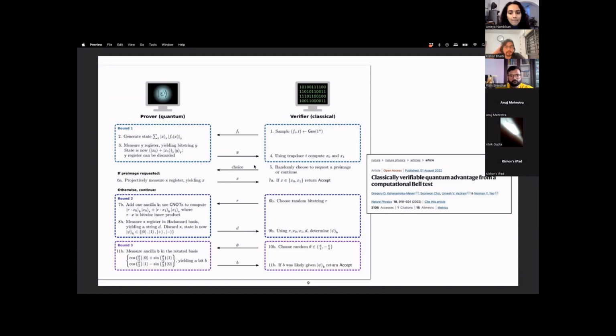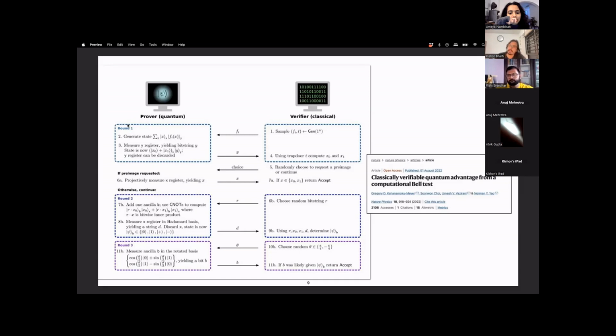So the prover can say, I can solve this machine learning problem faster than any classical computer. Or you say that I can solve this Hamiltonian simulation problem faster than any classical computer. So you can ask different questions. It's totally uncharted territory. Here we are asking about something which is quantum and which no classical computer can do. But we could say, I can factor, though factoring might not be that. You can take any problem, a quantum finance problem, a machine learning problem, and the prover has a claim.